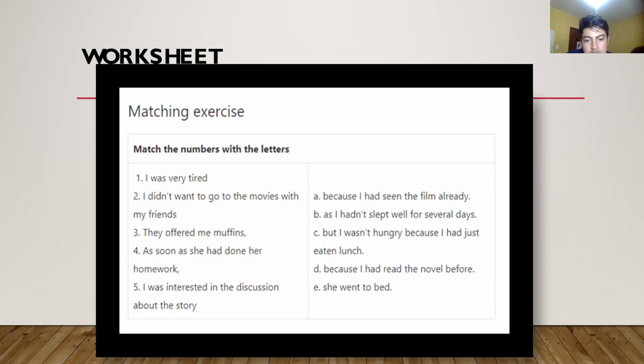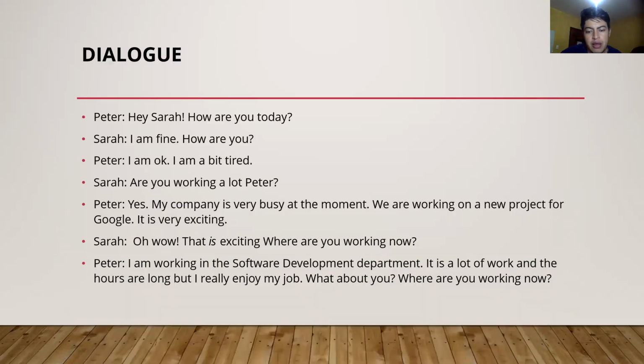And for example, I was very tired, as I hadn't slept well for several days. Okay, so the students need to do this, and it's a very easy exercise. Then they need to get in pairs,